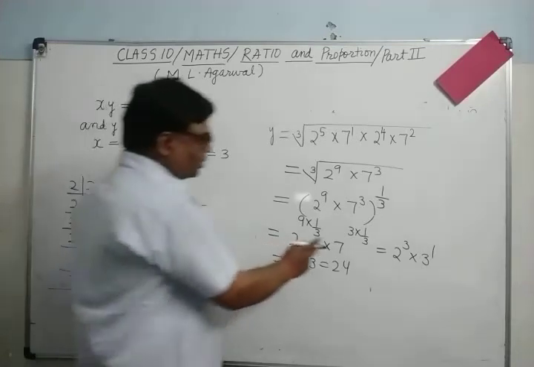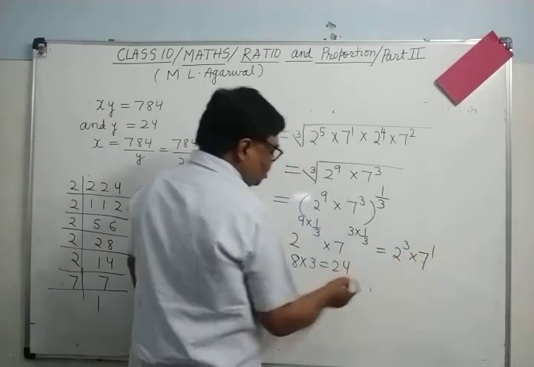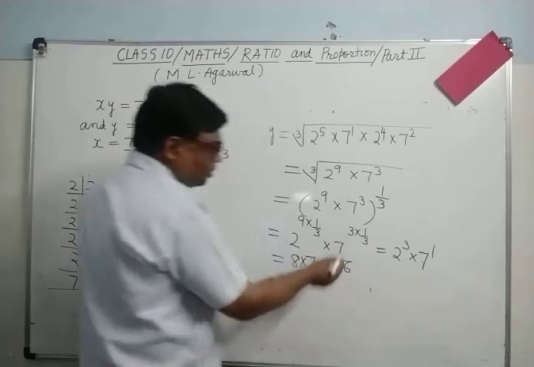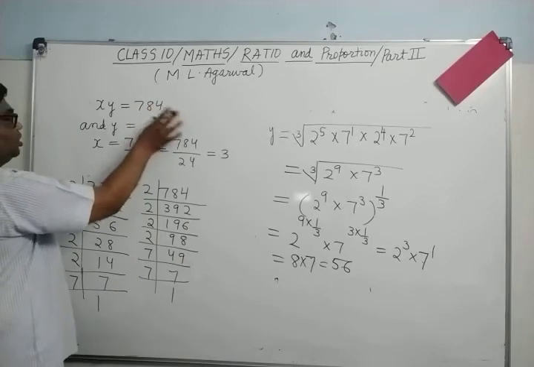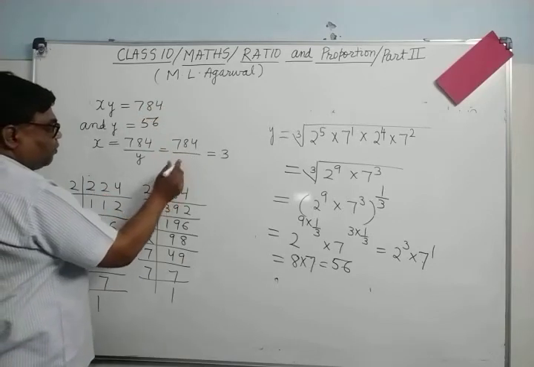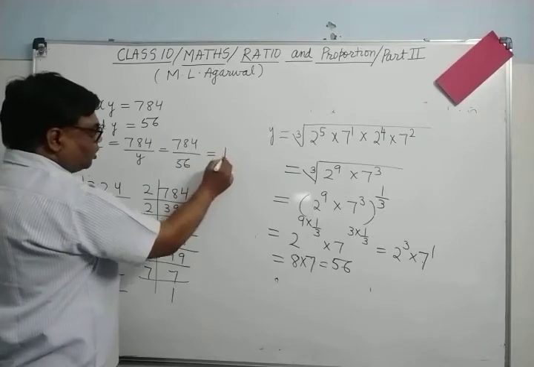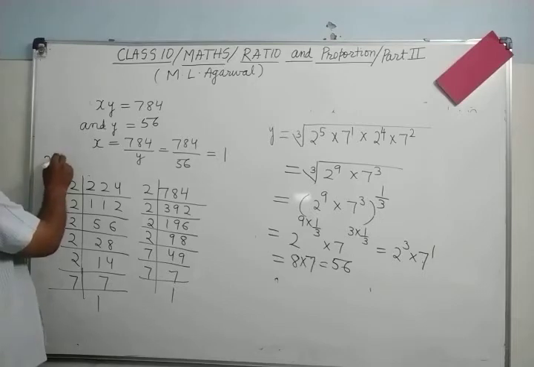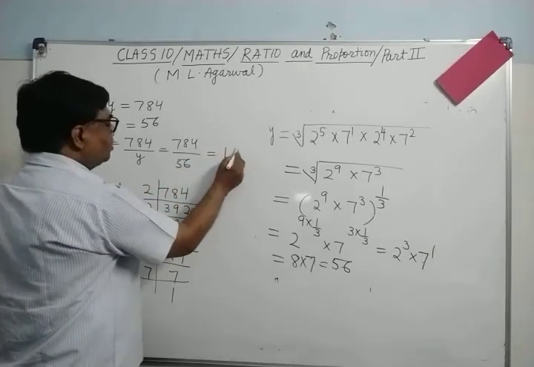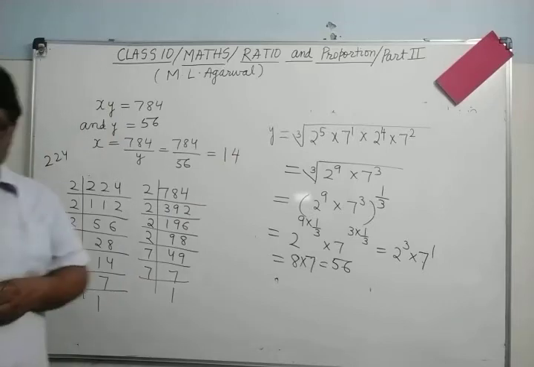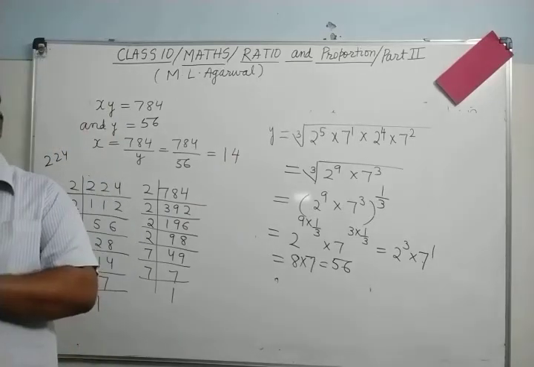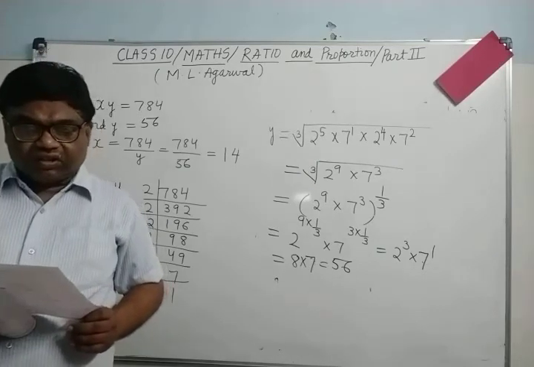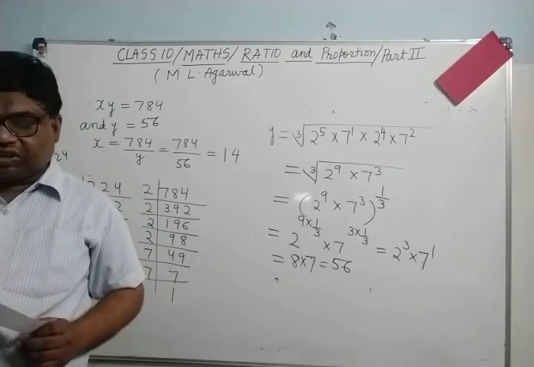No, yes, it is actually simplifying. So 8 sevens are 56. Here it is 8 sevens are 56. You see there. So it is 56. When you simplify 56, 56 and then how much? 2, 4. It will go how many times? 4 times. So x equals 40. This way you can find x and y. Okay. Now after this we will do some more questions here.